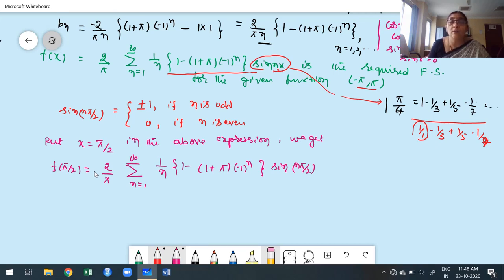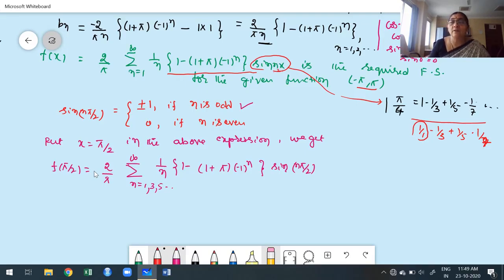See, the product of one of the functions is 0. Definitely the flower bracket times sine of n pi by 2 for the even case must be 0. Therefore, what I am going to mention here is n is equal to 1, 3, 5, etc. It is not necessary to take 1 to infinity, because we get sine of n pi by 2 equal to plus or minus 1 only if n is odd. Therefore, no need to take the values 2, 4.